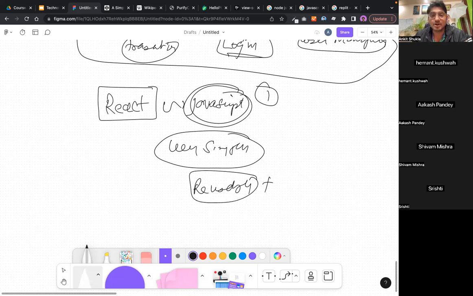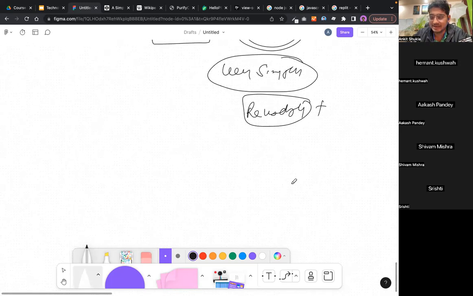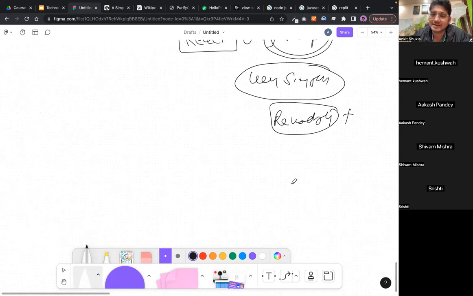Plus, it also has a lot of community support. So if you're stuck somewhere and you are not able to do something with React, you can search for it on the internet and you should be able to go ahead and do it. It's not a very easy framework to pick up. Initially, you will have some issues, there is a learning curve, but when you get over this learning curve, you will find yourself that yes, it is very easy to create. And one concept, also the main reason why React has become popular, is its modularity,